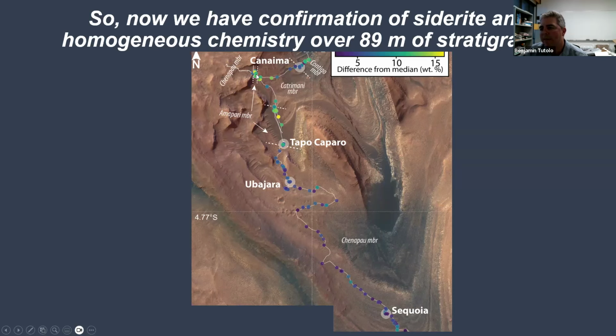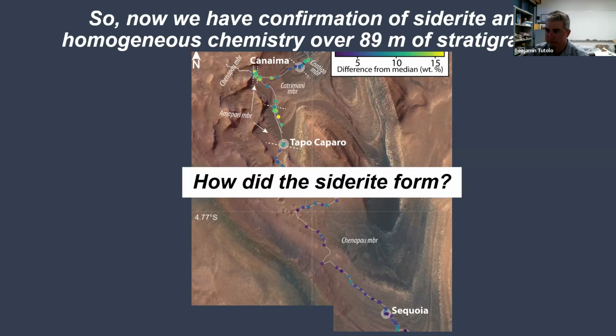What you see is that except for this area right here at the Amapari marker band, which again, we couldn't drill with the Curiosity's drill anyways, most of them plot near the very low numbers here in the single digits. And what that indicates is that we have fairly homogeneous chemistry throughout all of the distance between each of these individual drill samples. In turn, we can interpret that to say the rocks are made out of the same thing in terms of their geochemistry, but obviously from details on the ground from the ChemIn instrument, they're not necessarily composed of the same thing in terms of the mineralogy.